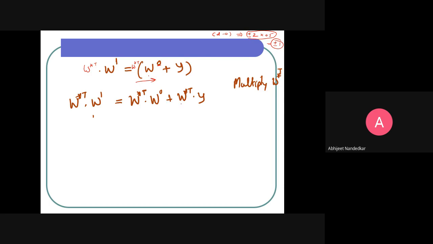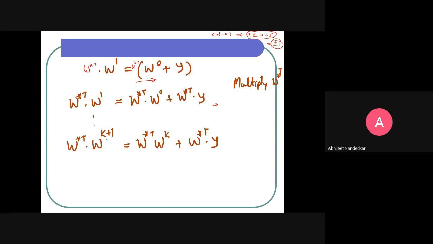So if you expand this, this will be the step. Now, after k steps,